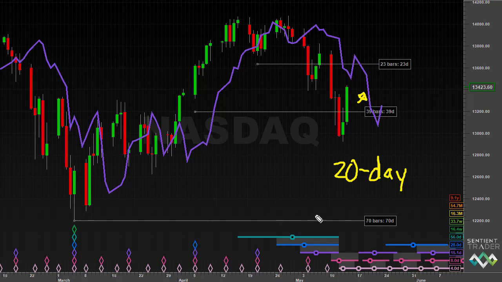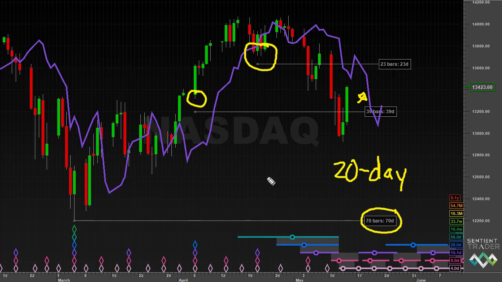And so again, we take a look at the number of bars that have elapsed, and we take a look at the strength, if you like, of the most recent 20-day cycle trough according to this analysis. Now, in my opinion, at the 20-day cycle level, this analysis is a little more convincing than at the 40-day cycle level, because the 40-day cycle trough was a little questionable.